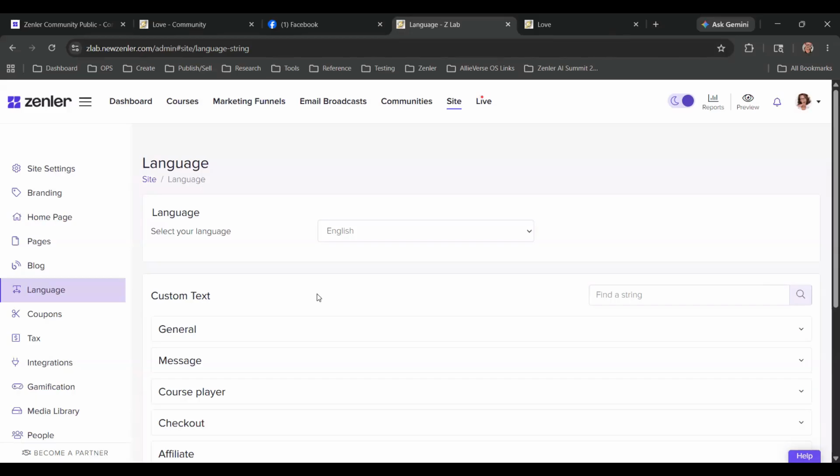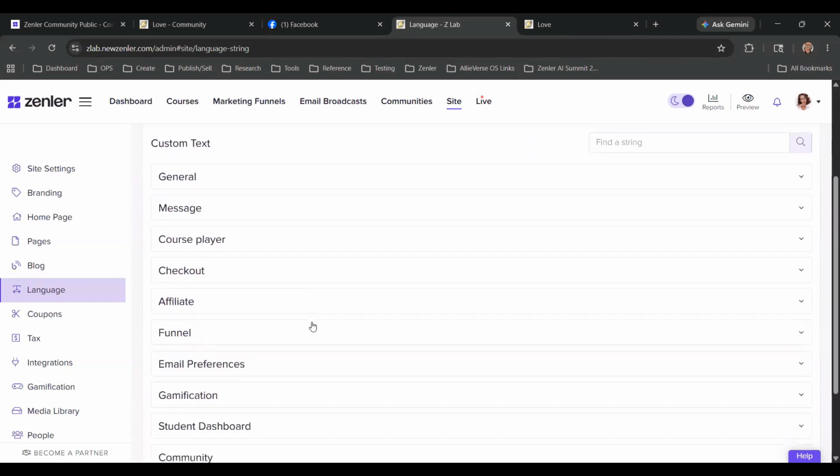I have programs, right? Or is it coaching? Is it group coaching? Is it community? How do you speak? How do you talk? You can use the language you want in your text and in your copy, but you can actually change the language of the site as a whole.